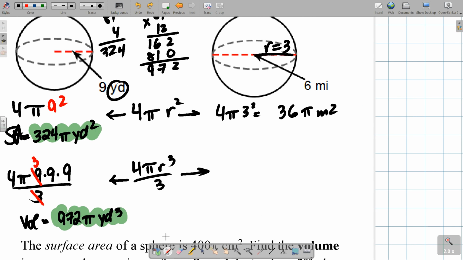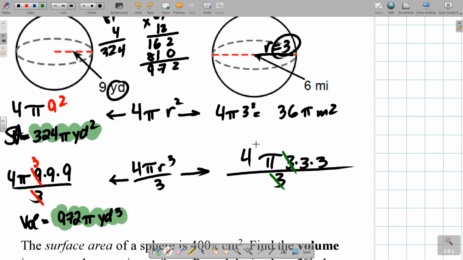And here we are with volume. Your radius again is 3, so it's 3 cubed. 3 times 3 times 3. Why don't I multiply it out? Because the key to multiplying is not multiplying. We have our 4 here over 3, and we go ahead and cancel that out. So our volume, that's 9. 4 times 9. Looky there, it ends up being exactly the same thing, but not exactly the same thing because